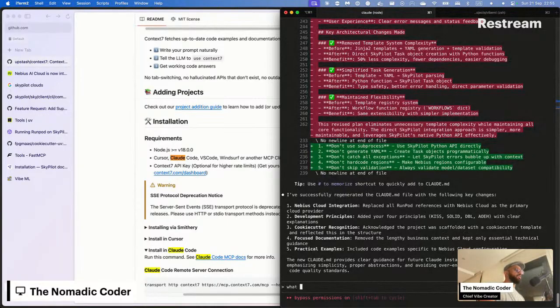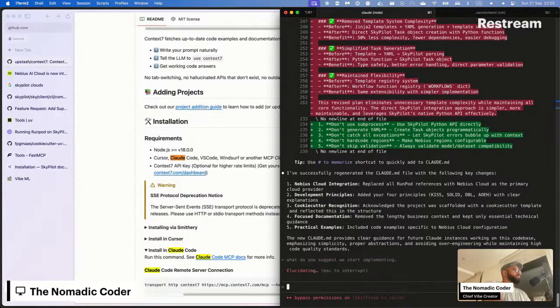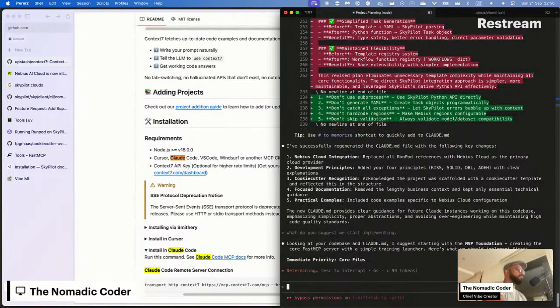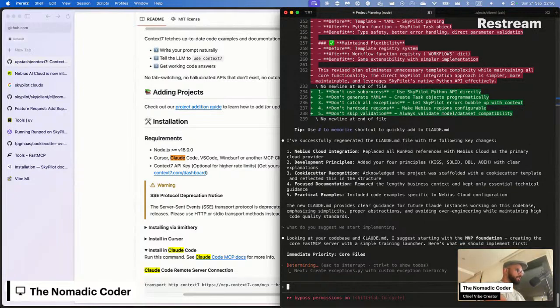You suggest we start implementing. Boom. Here's where the magic starts, right? Is it just going to do it? Yeah, it's doing it.